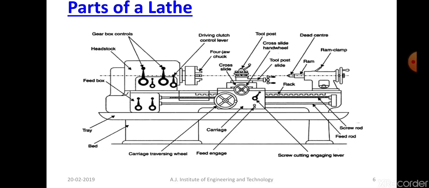Okay, and on the headstock what we have is the controls, that is the gearbox inside the headstock to control the speed of the chuck or the workpiece. Different operations need different speeds. For example, turning requires high speed, knurling requires slow speed. So the adjustment of the speed has to be made using the headstock gearbox controls. You can engage different gears so that the speeds can be controlled.